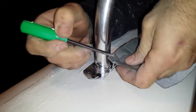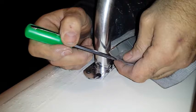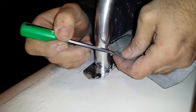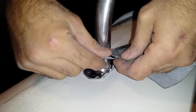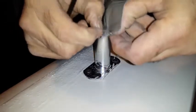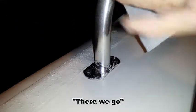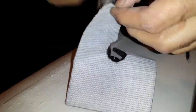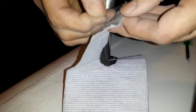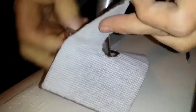And I have found that that works to a point, as long as you have something else to get a hold of that backing with. Get it started. There we go. Okay, now when I get this leg peeled back like that all the way up to where the pipe is, and then